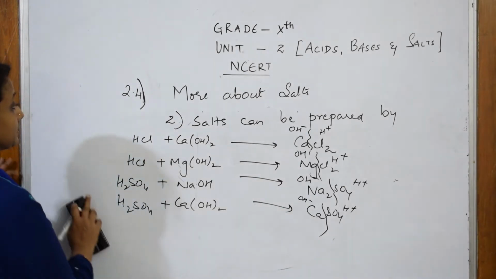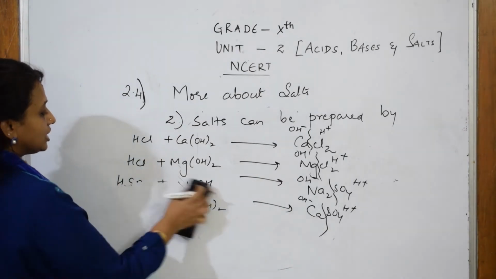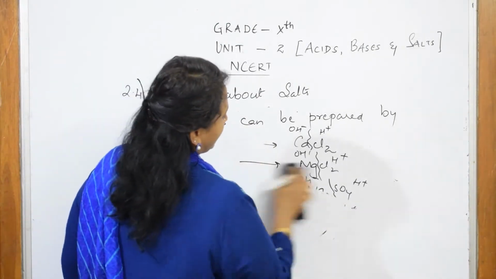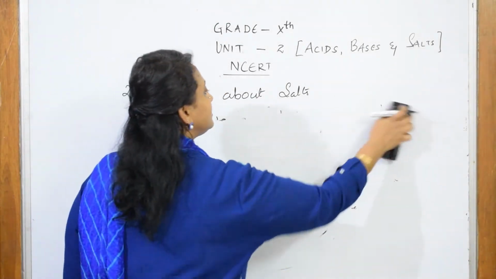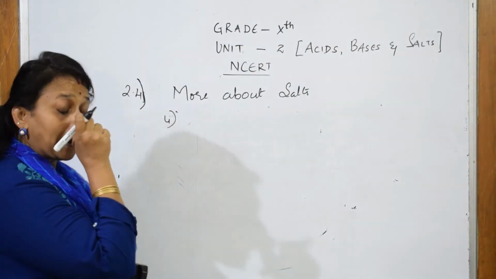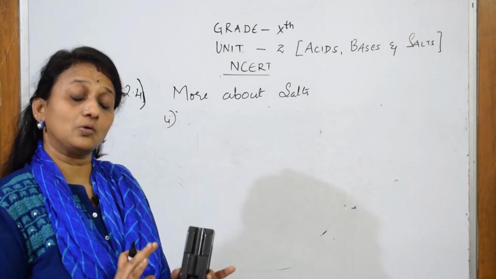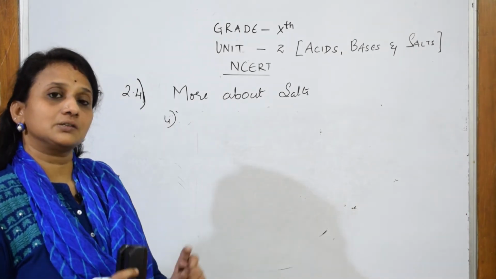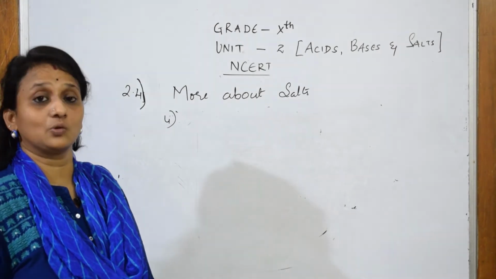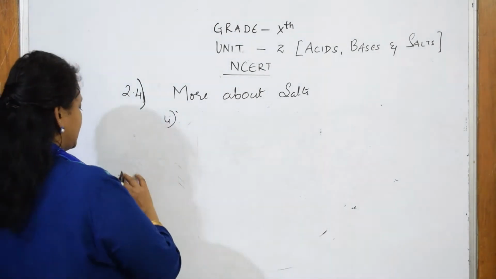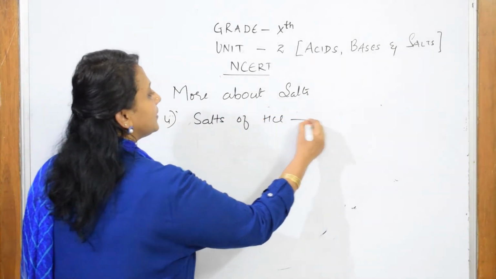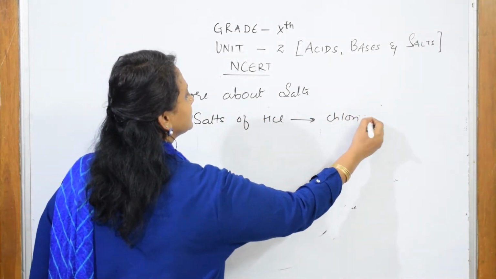Next important concept, after taking all these, you need to remember always. Let me erase the board and take the next concept, that is the fourth concept. What is the fourth concept? Always, if I have to say, the salts of HCl, what are they called? Chlorides. What am I trying to say? Just see. Salts of HCl, they are called chlorides.